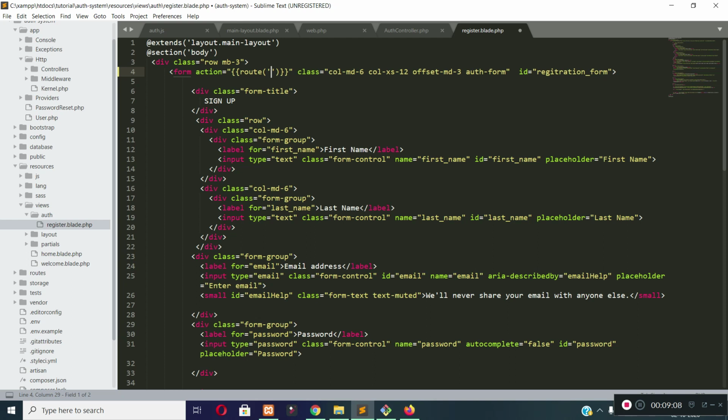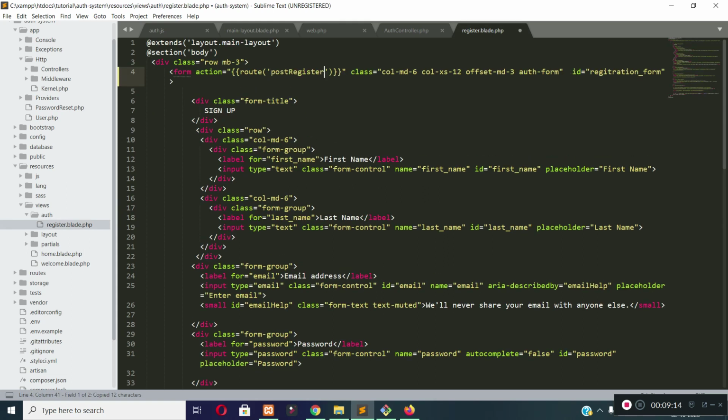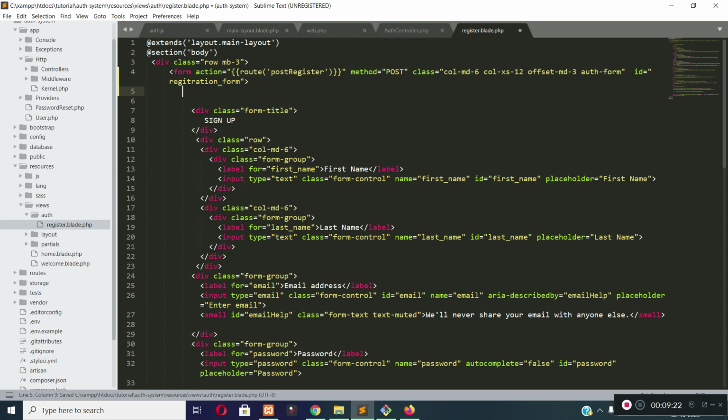The route name of the action URL of our registration form is post register, and the method will be post. And we need to pass the CSRF token value because we are making a post request. So let's pass the CSRF token by writing @csrf. It will automatically generate the CSRF field in the form.